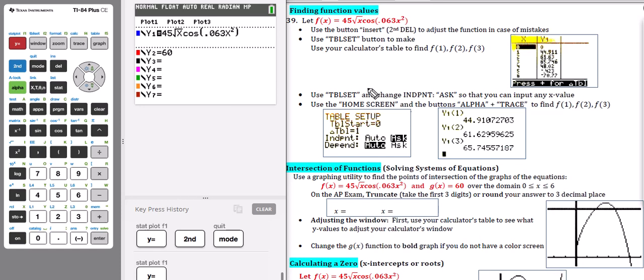So the first thing, let's take a look at what function we have. It's 45 squared of x times cosine, blah blah blah. Let's type that in your calculator, but let me show you something. If you mess something up, and suppose you put in there 45, but it's supposed to be 452. So instead of just clearing out the whole thing, like if you forgot to add a 2 right here, something